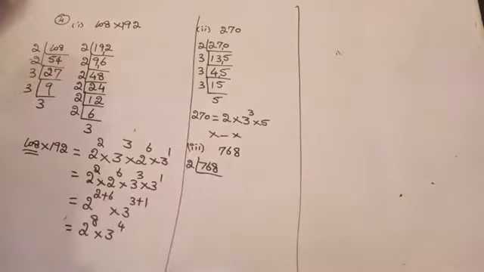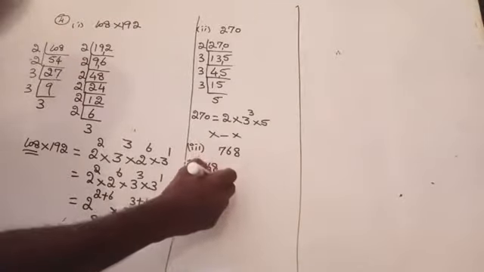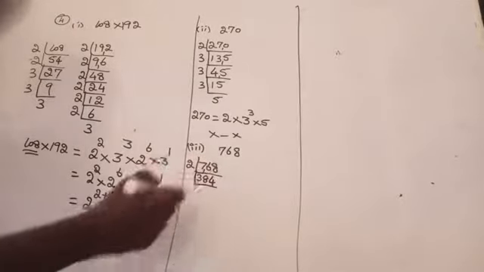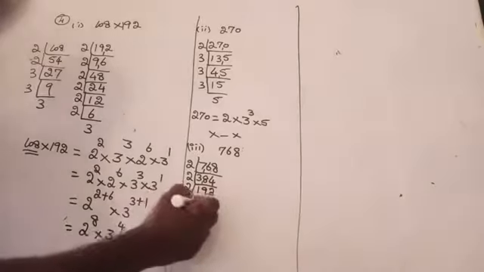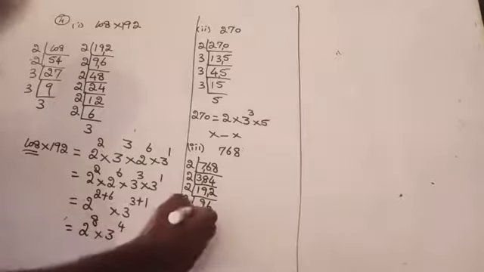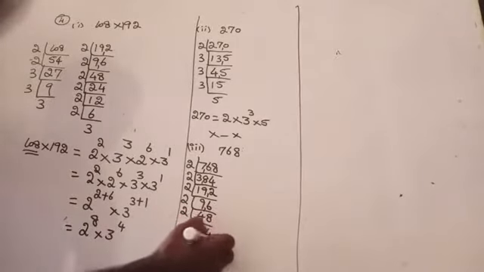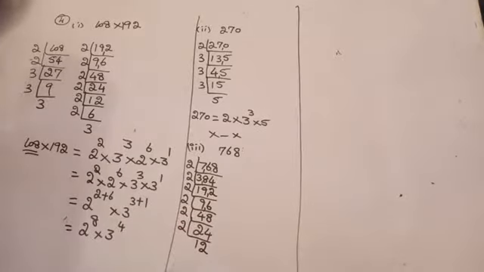It goes with 2 table because the unit digit is 8 here. So 3 2s are 6, remaining 1, 8 2s are 16. Then 4 2s are 8. Again it goes with 2 table. 1 2 is 2, remaining 1, 9 2s are 18, 2 2s are 4. Again it goes with 2 table. 2, 9 2s are 18, remaining 1, 6 2s are 12. Am I right here? Again it goes with 2 table. 48, 4 2s are 8, remaining 1, 8 2s are 16. Again it goes with 2. 2 2s are 4, 4 2s are 8. Again it goes with 2. 12 2s are 24. Am I right?